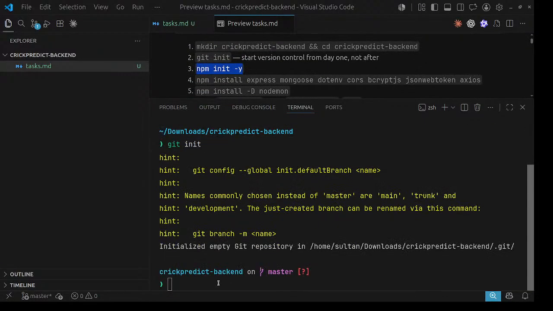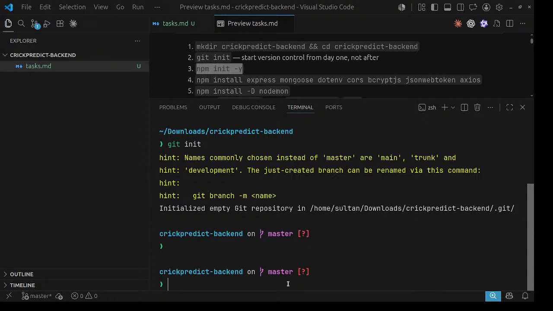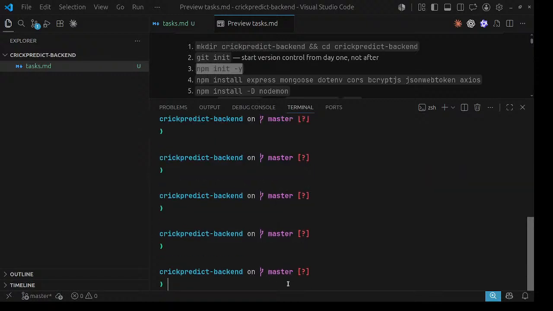Okay, so this is asking me about filter predict backend on master. I will enter. Let me see what it means. I am still confused, and let me also show you another thing.